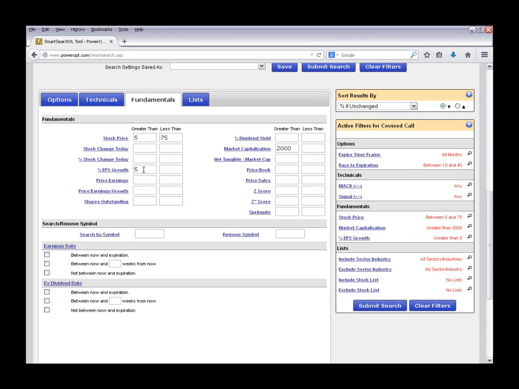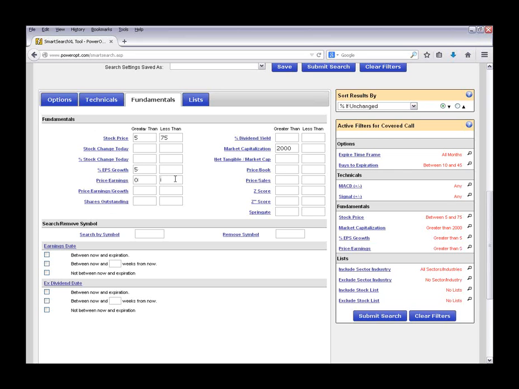All right, so we're going to put in an earnings per share growth of at least 5%, meaning we're going to look for stocks that have grown in earnings at least 5% or so in the last year. PE ratio, a lot of investors like to use a range of 0 to 40 to 0 to 70, somewhere in there. So let's just use a range of 0 to 50